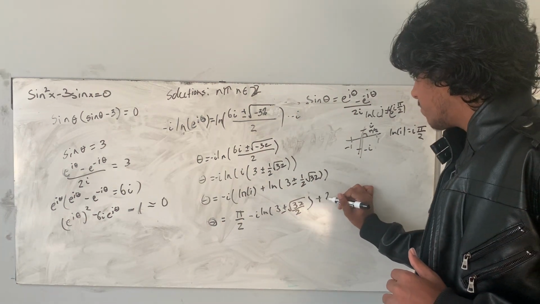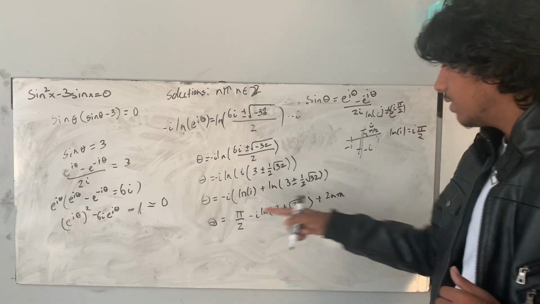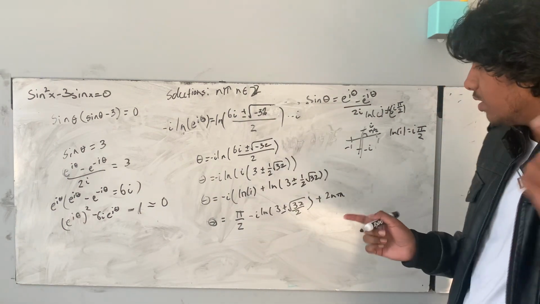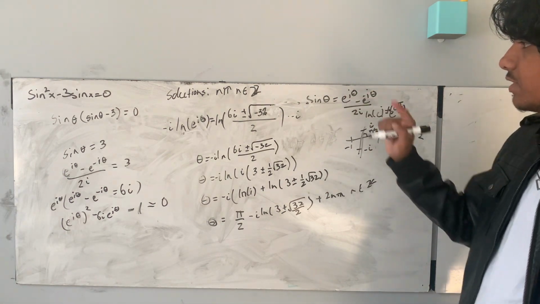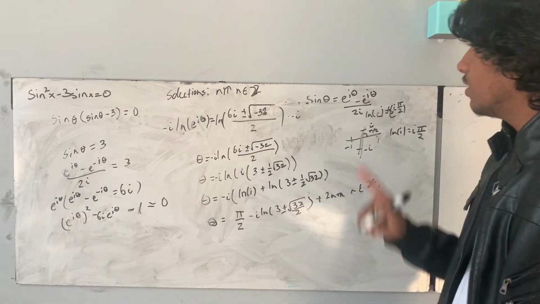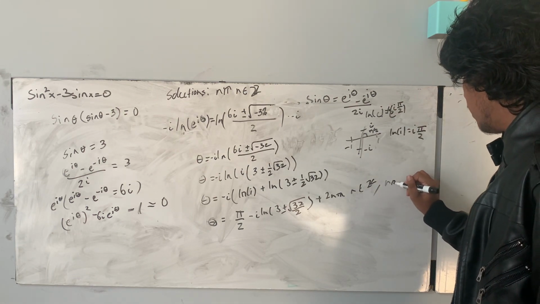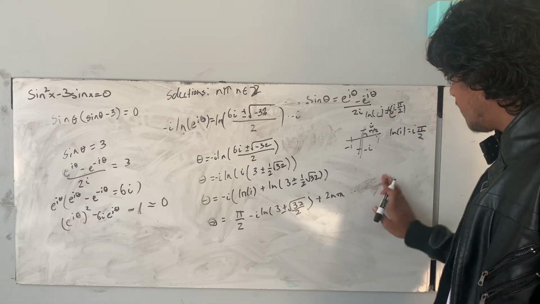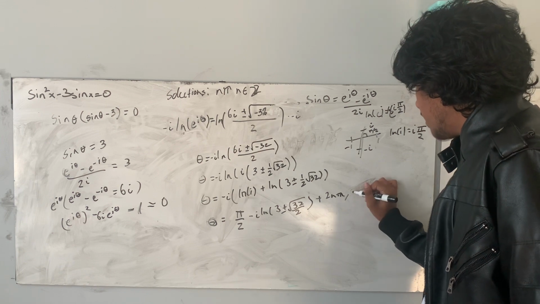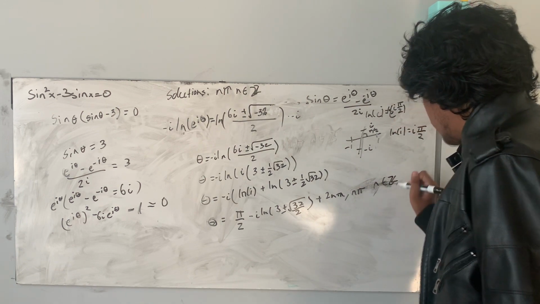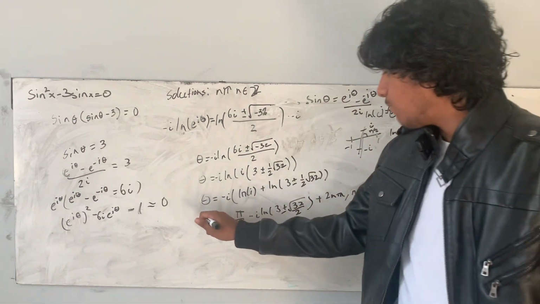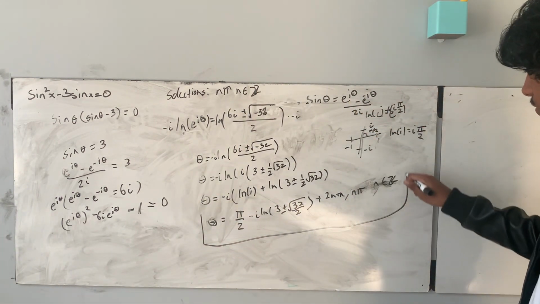Now we can add a 2n pi because this is technically an angle, right? And you can copy it over where n is an integer. And let's copy that one also, comma n pi. Since we already have n is an integer, let's write comma n pi, where n is an integer, for both of them. Yeah, so this is your final solution set for